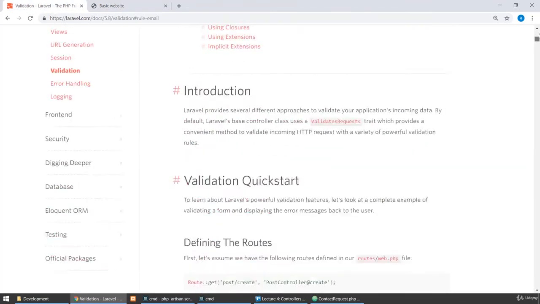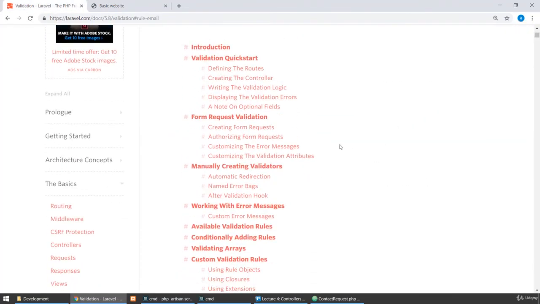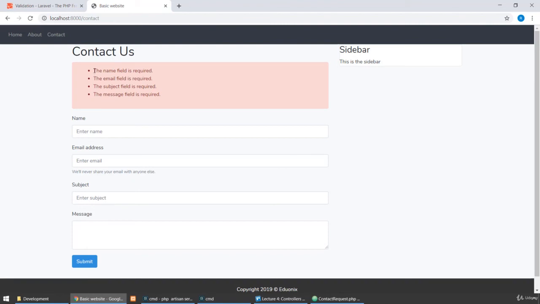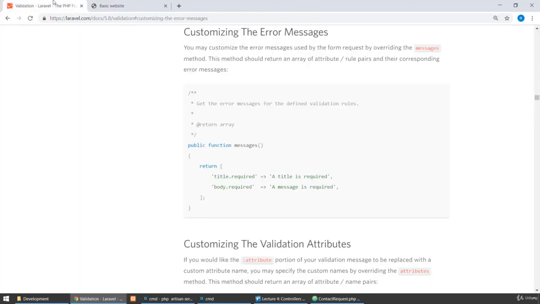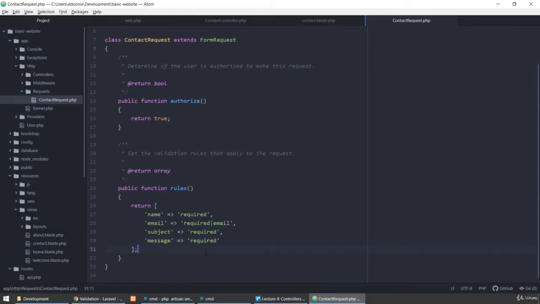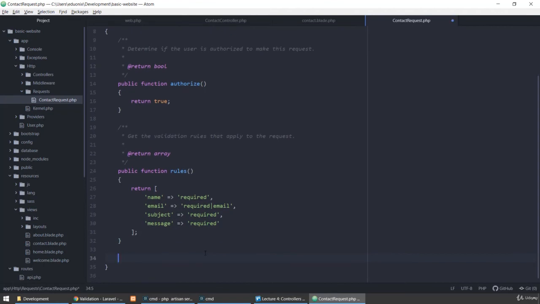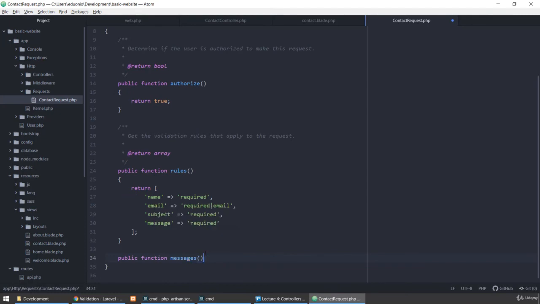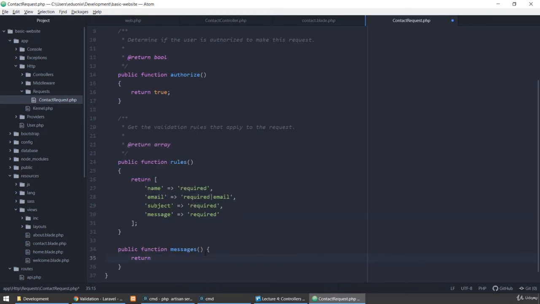We go to the top of the page. We have, for example, customizing the error messages. Let's say that we do not like this text and we want to customize this or change this, okay? So we have to add a function named messages to our request file. So here we have public function messages, and here we can return an array